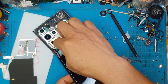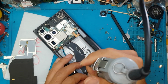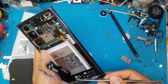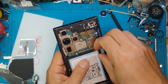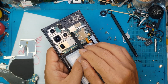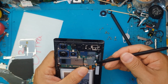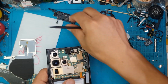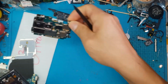We're going to detach the connectors again, so everything that is attached to the old housing and display is going to be transplanted to the new one. And we're going to remove the daughter board. We're also going to detach some connectors. It will free up the cover for the main board. It's quite tricky, but David has done this hundreds of times, so it's quite easy when we just watch him do it. We're going to remove the main board,